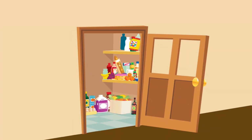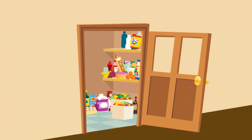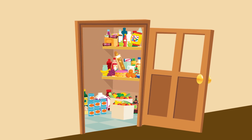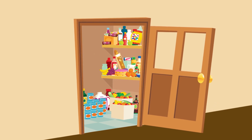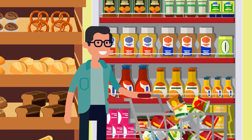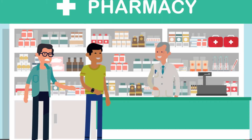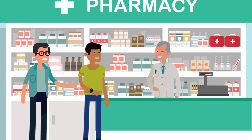You make sure to maintain your kit and check on its contents at regular intervals. You keep it easily accessible in a cool, dry place to ensure your canned food and other supplies are in optimal condition. When checking your kit, you always make sure to replace expired items. In an emergency, it would be a real bummer to need painkillers and come to realize that they expired and